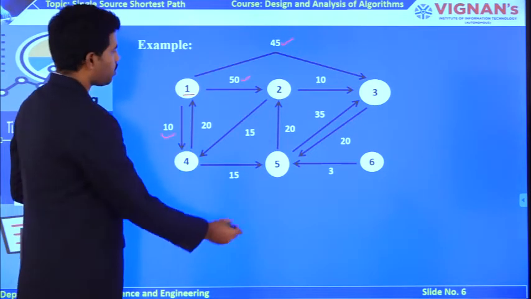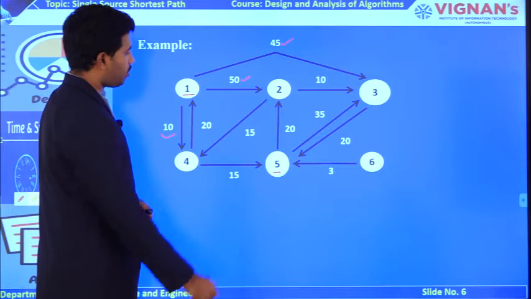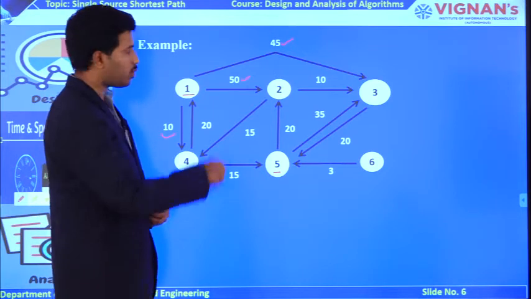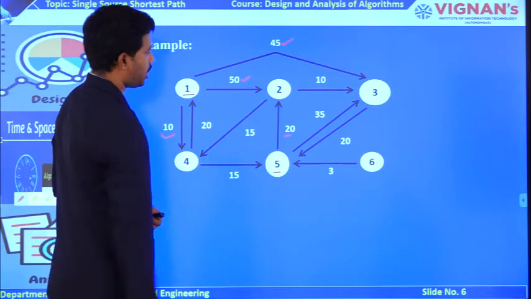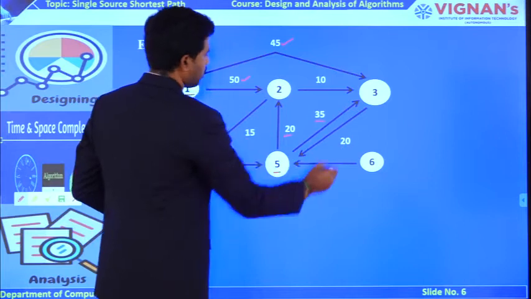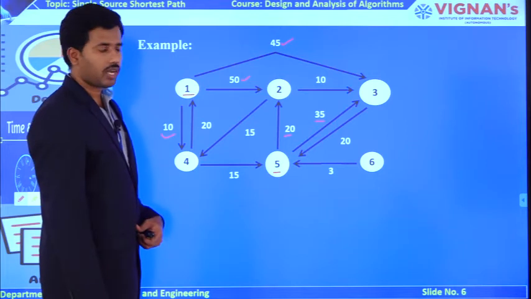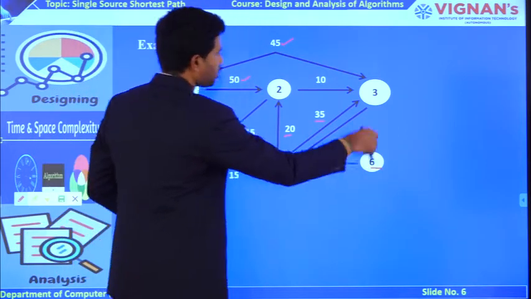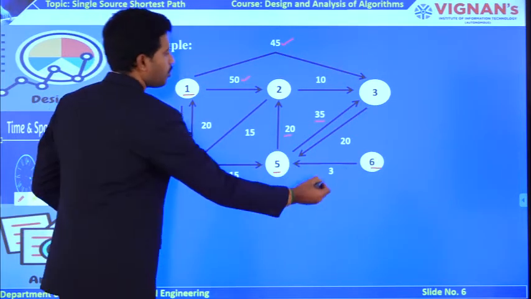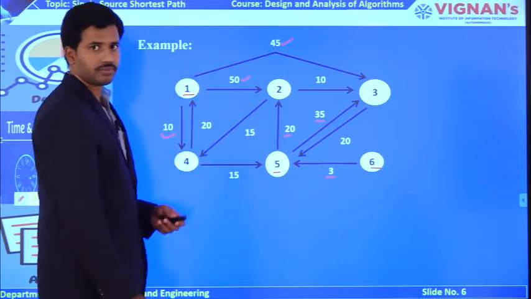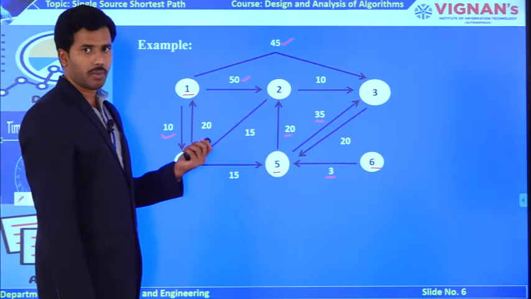Now, if you observe vertex 5, what are the various paths to move from vertex 5 to the remaining vertices? You can move from 5 to 2 with a cost 20, and from 5 to 3 with a cost 35. For the remaining vertices it is not possible, so the cost becomes infinity. If you observe the last vertex 6, there are no incoming edges, only one outgoing edge. To reach from 6 to 5, there is only one possible path, with a cost 3. So you should understand the graph very carefully so that you can update the adjacency matrix.